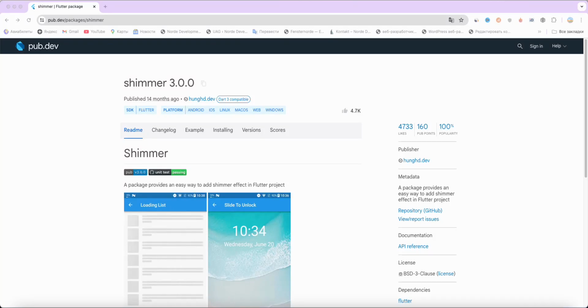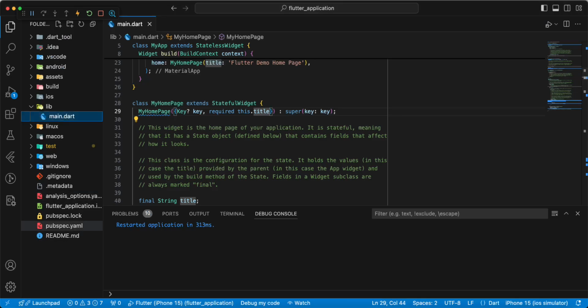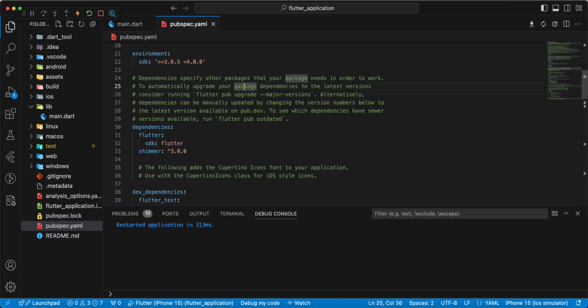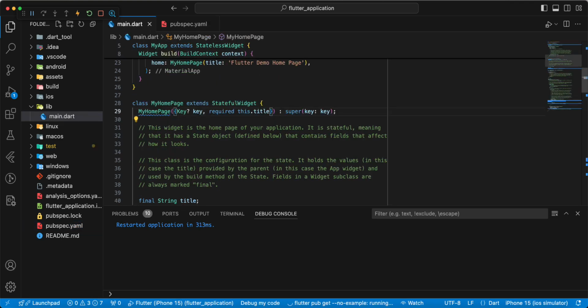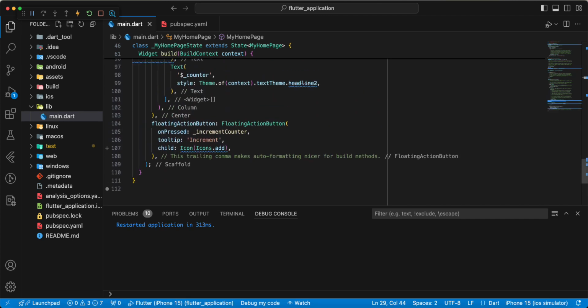In this video we speak about the package Shimmer for Flutter. Now we connect this package to the project, add it to pubspec.yaml, then we update the default project,